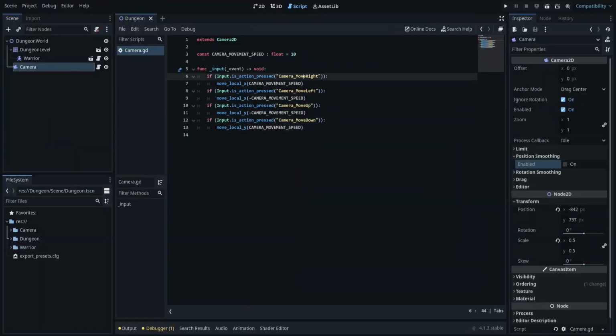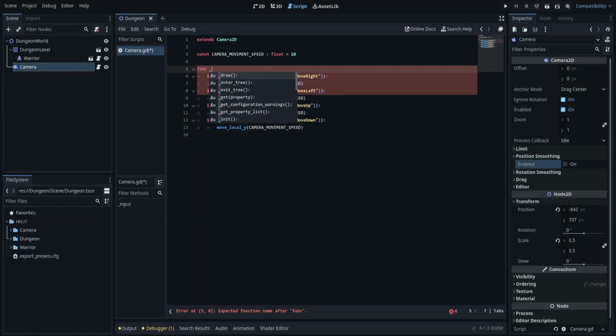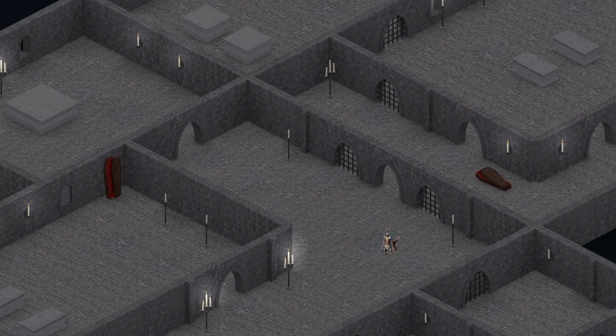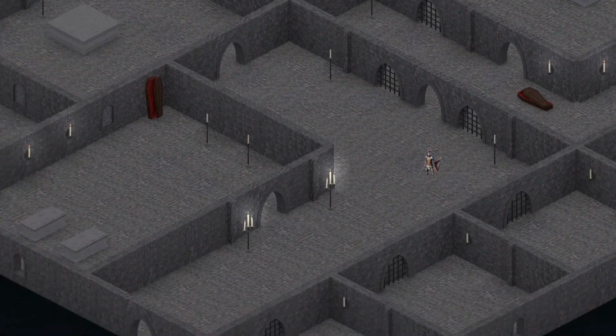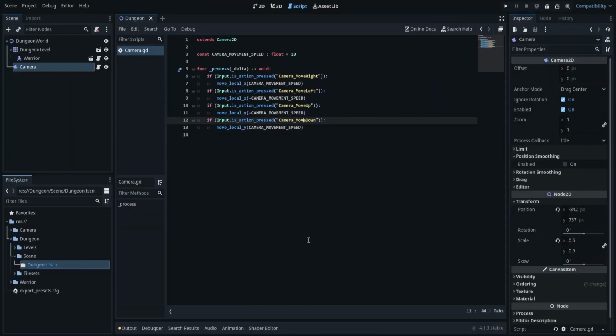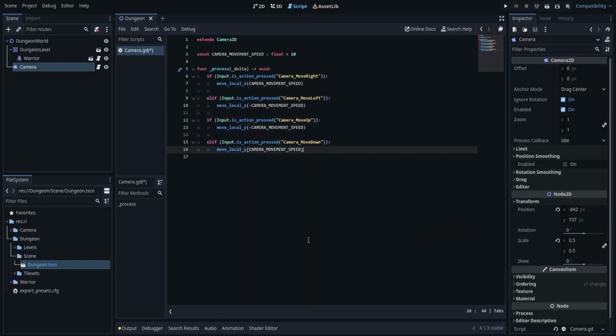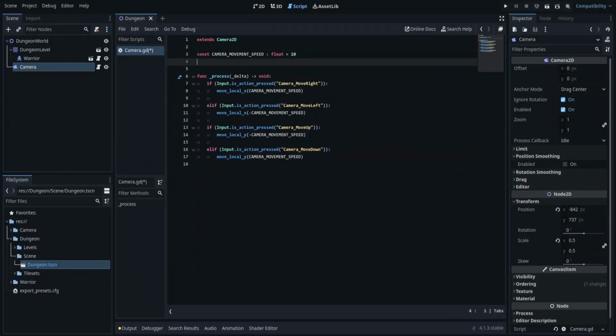To do that, simply replace the input method with the process method. This will ensure the user input is checked every frame, and not wait for input events from the system. Now it works great. I am changing some of the if statements to else if, because I want only one movement direction in each axis at a time. Next, I will define two more constants, the camera zoom speed, and the camera zoom default